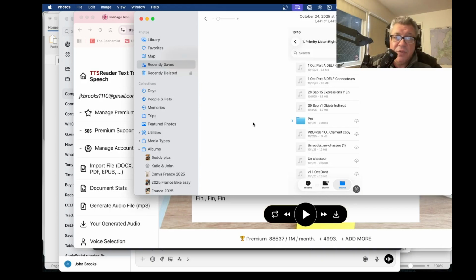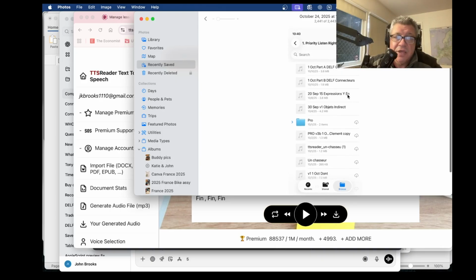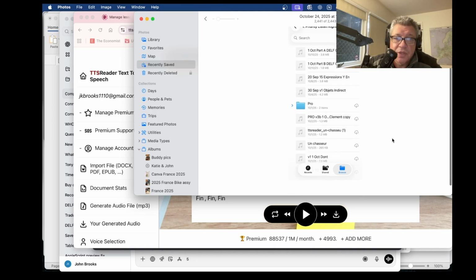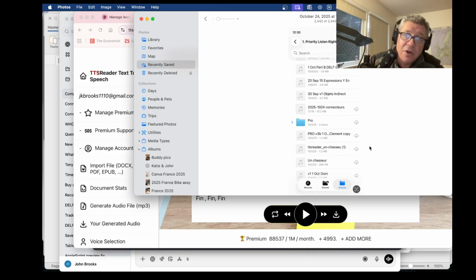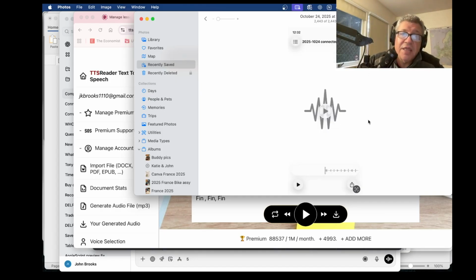And then what we've got is the 2025 1024 connectors file in the priority listen right now folder. And then if I hit play in that,